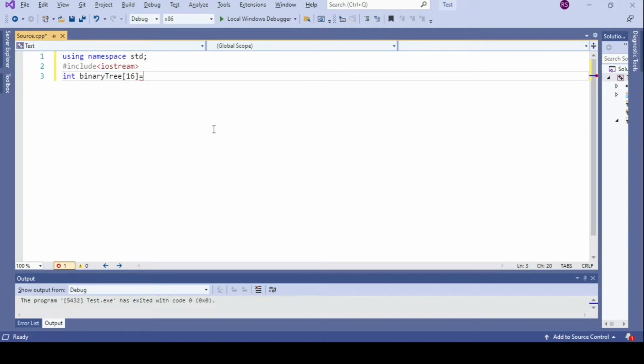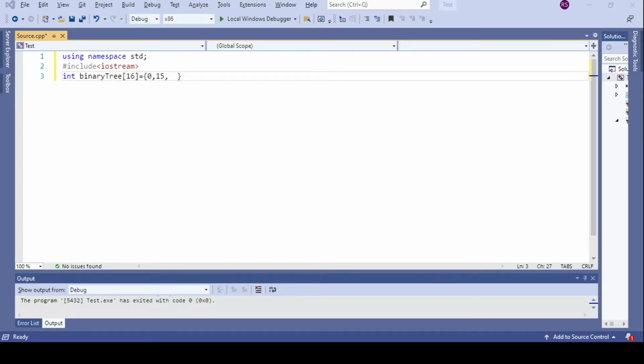That is because when I calculate 2i plus 1, when you multiply 2 with I equal to 0, it will only become 0. So it will be pointing to itself as its left child. So I have to start using the array only from index 1. The 0th index is going to be assigned 0 as a dummy value, and then I will be filling in the actual values, using the same example.